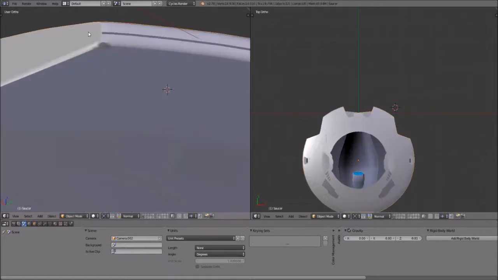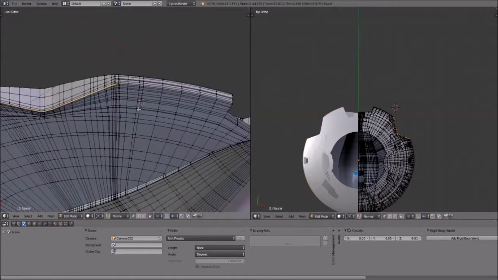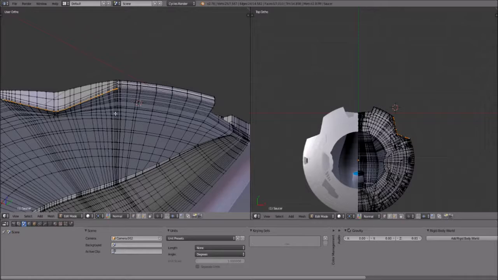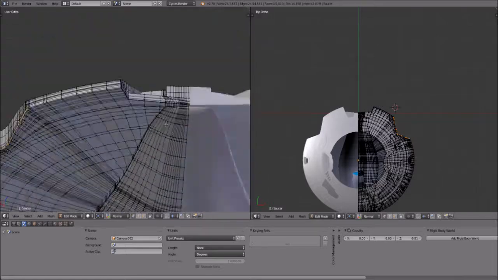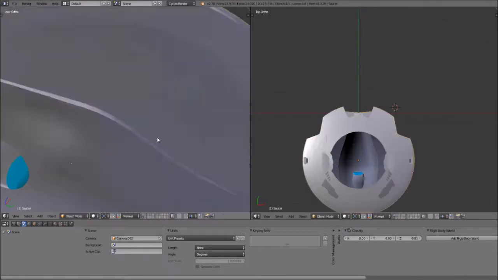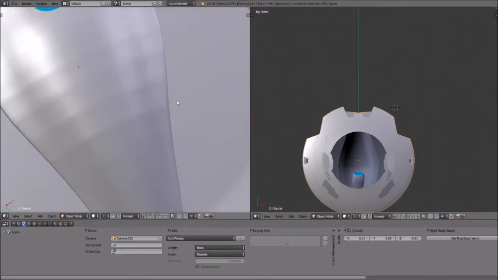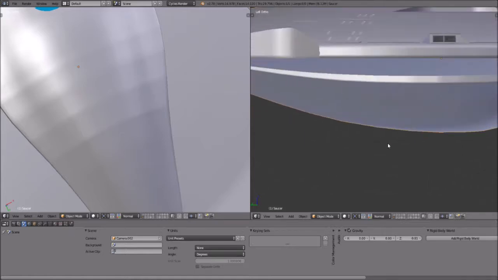Like right here we have a couple little discrepancies, and that's mostly inside the mesh, because integrating this in, I added in edge loops that didn't quite coincide 100% with all the edge loops that were up here. It took a little bit of work, but I finally got it. And it's not absolutely perfect. As you can see here, we have a couple little anomalies. For the most part, it is flat, or, well, not necessarily flat, but rounded like it's supposed to be,